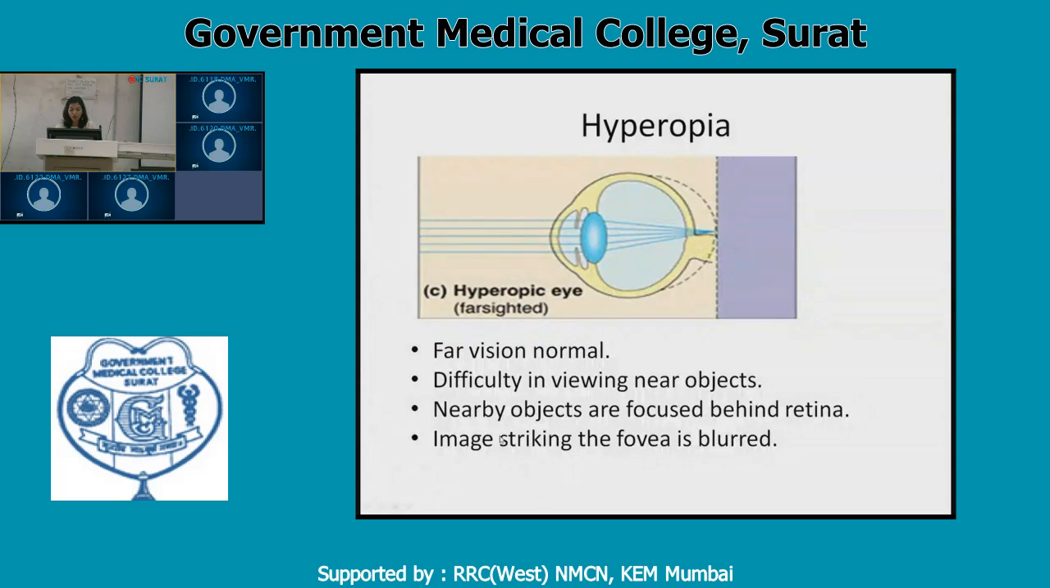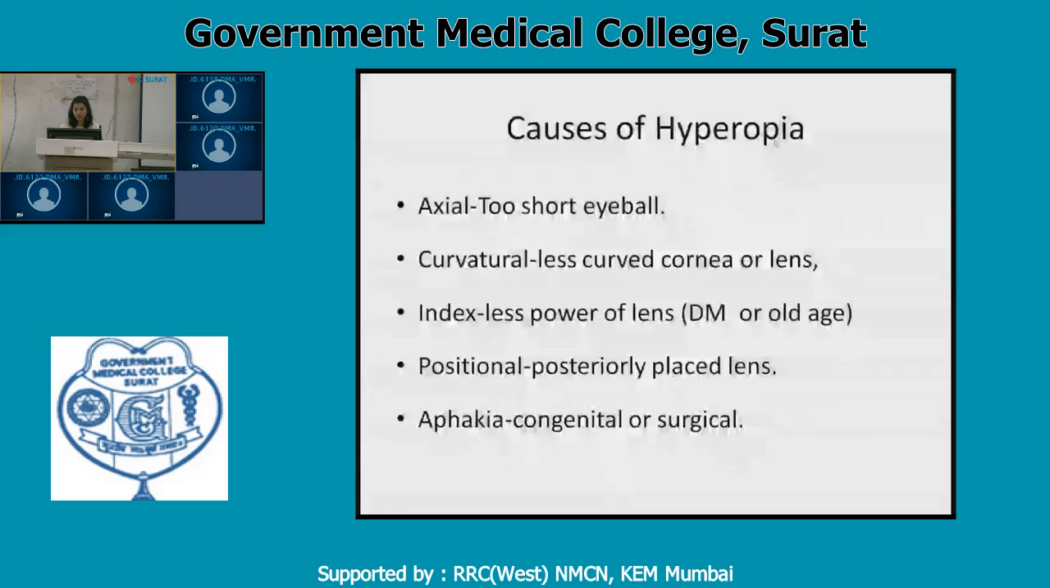So the nearby objects are focused behind the retina, image is formed behind the retina. So they have to constantly use their accommodation, and the complaint with which the person comes is constant headache. Now, what is the cause of this hyperopia or hypermetropia or farsightedness? It is again axial, refractional, positional, and fourth